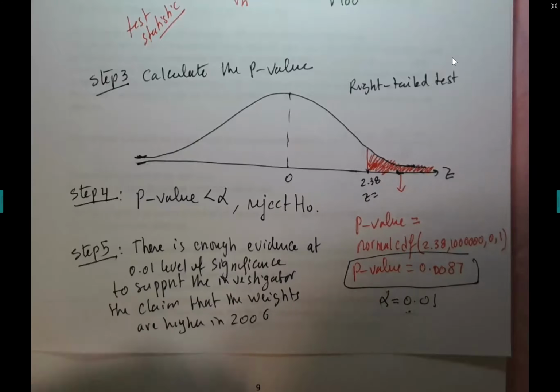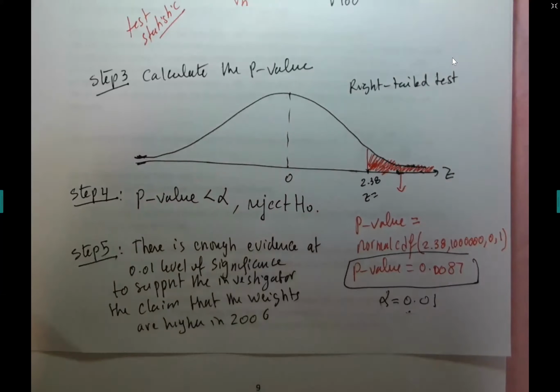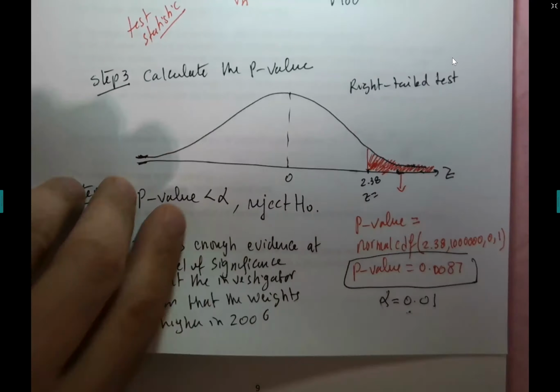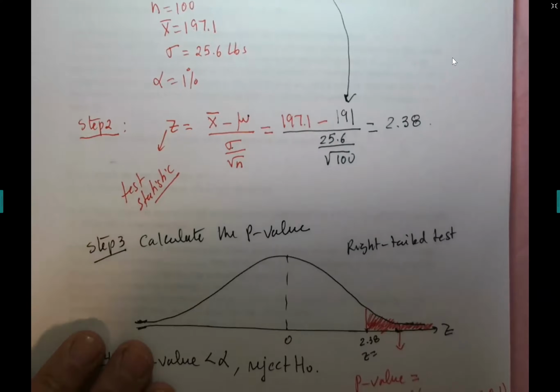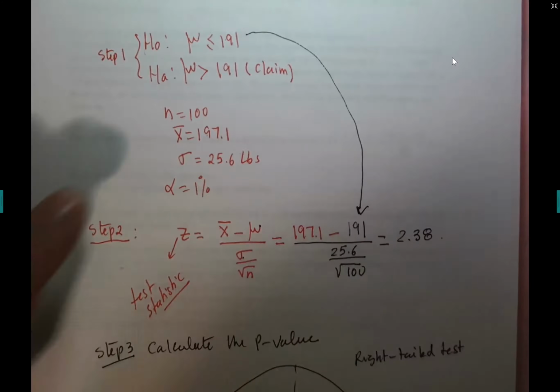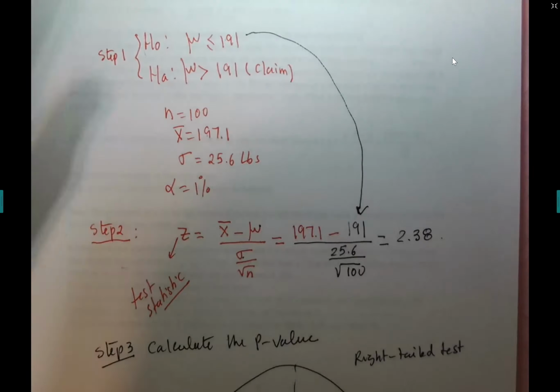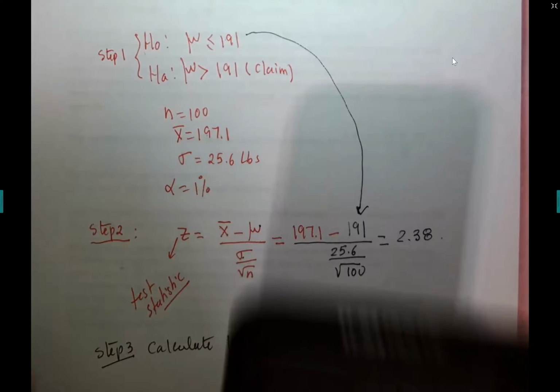And this is an example of how you can perform a hypothesis test, guys. Let me show you now the good part of it and how you can use your calculator to perform this test. The calculator, guys, is going to do step 2 and step 3 for you. So you don't have to do the calculations by hand. But the calculator will require from you that you provide n, you provide x bar, you provide sigma, and that's it. So let me show you how to use the calculator.